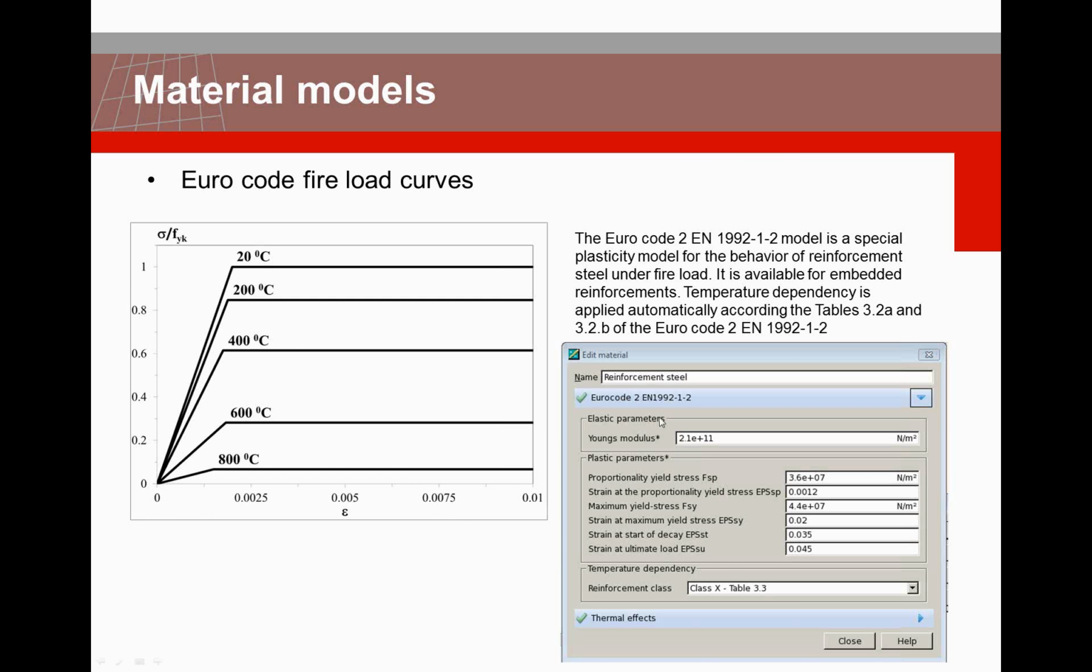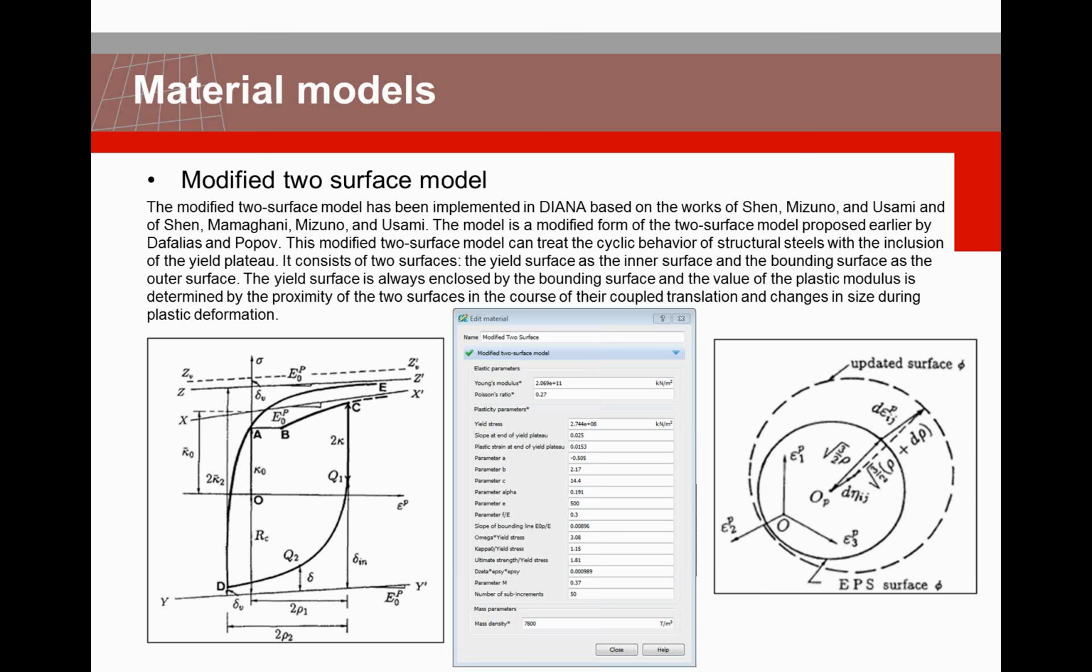So the user defines Young's modulus, some characteristics, and a class of temperature dependency, referring to the Eurocode. A completely new material model that we offer in Diana 9.5 is the so-called modified two-surface model, which is a model that is originally defined by Professor Usami in Japan and some of his associate professors